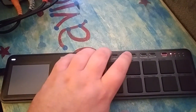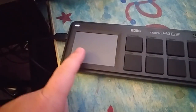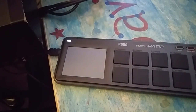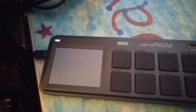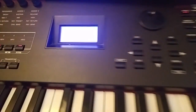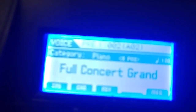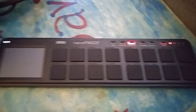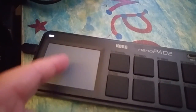But now here's the cool part. You can press touch scale, and then every time you touch it, it plays a note in the scale. You can't really hear the scale because I'm playing unpitched instruments. But if I go over here to my keyboard, I want to do a guitar. So let me get keys, organ, guitar. I'm going to use a 12-string classical. Never seen one of those, but I'm sure they exist. And now